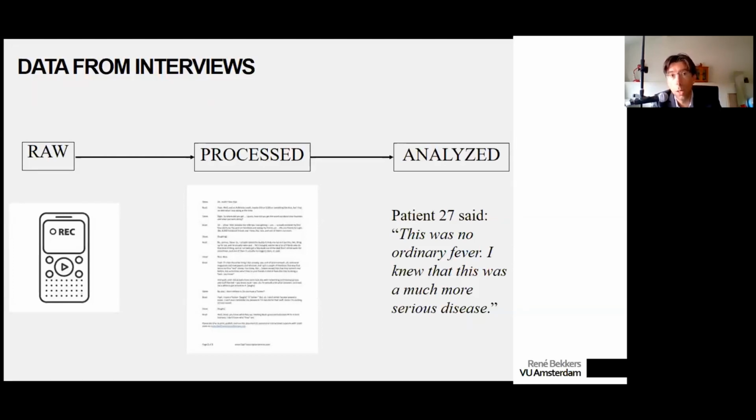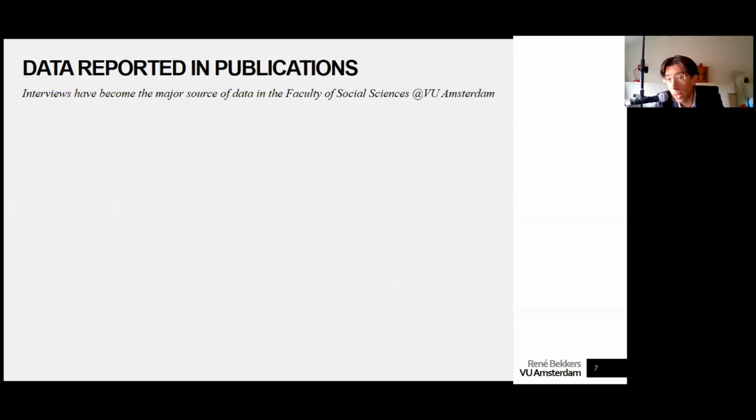And that makes it hard to adopt principles of open science in the social sciences. Not impossible, but different. And we see that when we take a look at the way data are reported in publications in our Faculty of Social Sciences at the Vrije Universiteit Amsterdam.